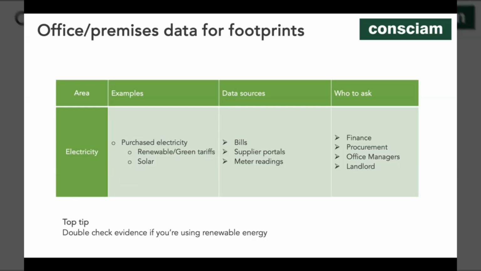So in terms of electricity, this is a bit more simple for the most part. So we just look at purchased electricity. So it's the electricity that effectively is shown on your bill that's been imported into your site. A couple of things to watch here will be related to whether you're using renewable energy, because if you're using 100% renewable energy, you can use slightly different factors in your calculations that mean you have lower emissions. Or if you're generating electricity through solar panels or potentially wind generation or something else, you don't include that generation in your footprint. You just include the purchased electricity, what you're buying from the grid.